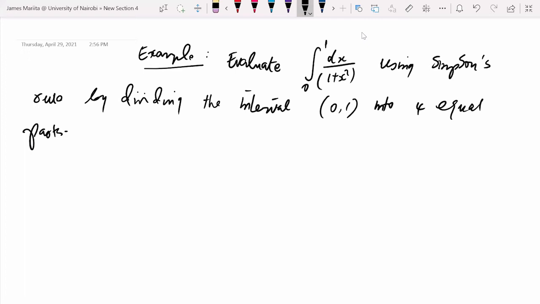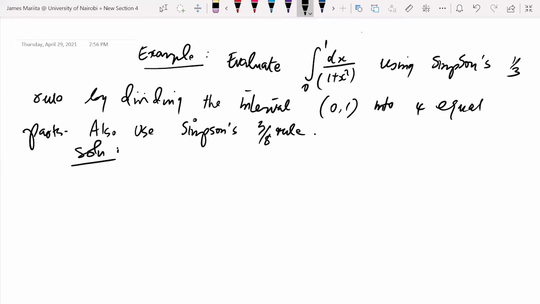These are equal parts. So this is using Simpson's 1/3 rule, and then 3/8. Now dividing 0, 1 into 4 equal parts,